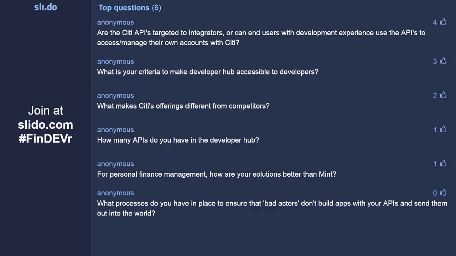Are the Citi APIs targeted to integrators, or can end users with development experience use the APIs to manage their own accounts with Citi? OK, this is a good question. The APIs that I've showed you right now are in what's called a sandbox environment. What that means is that the backend systems are virtualized.